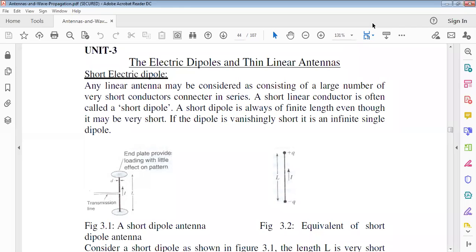That's why, if the length is finite, that is called finite length. If the length is finite, we go from 0 to some finite value, some number. Some length L, or L equal to lambda by 2, that is constant. The L value is also constant. Length L equal to 10 centimeters here. Suppose the length of the antenna is infinite, then we consider the integral from 0 to infinity. That is the purpose of the integration here.